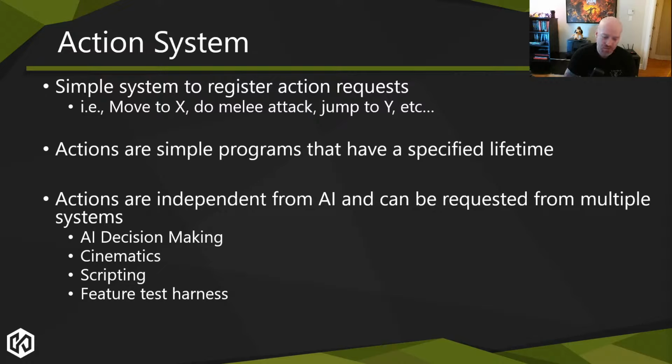fundamentally because these days we have a lot more in-game set pieces. We have a lot more cutscenes or what we used to call aquarium setups at Warner. Basically, it's like a mini cutscene that happens out of reach, like behind a glass window or behind a door that you can't get through, that gives you some environmental storytelling or something like that, where you have to script a bunch of movements, a bunch of actions. And you don't really want an AI for this. You just want the designer to say, hey, I need this character to move to here, play this animation, or use the smart object, or trigger this audio, blah, blah, blah. So in separating this action layer from the AI, you open that up for other systems to use.